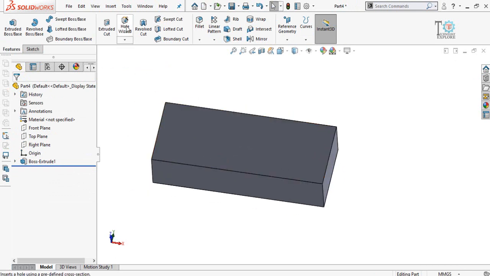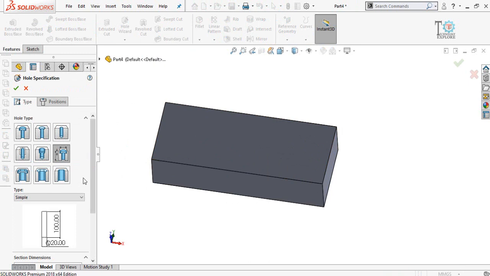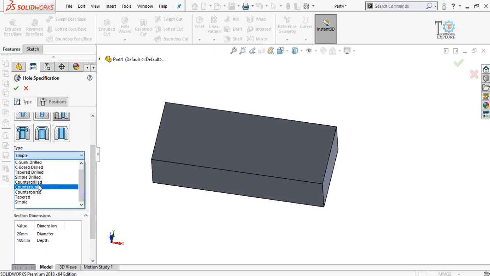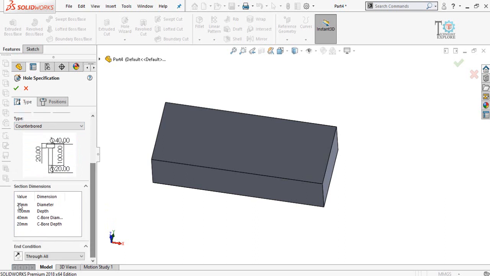Now let me make some holes, counterbored holes. For that I use the Hole Wizard command here, and then select this type of hole, legacy hole, and in the type select counterbore. Here are the dimensions. The bore diameter should be, let's say, 15 millimeter, depth up to all or through all.